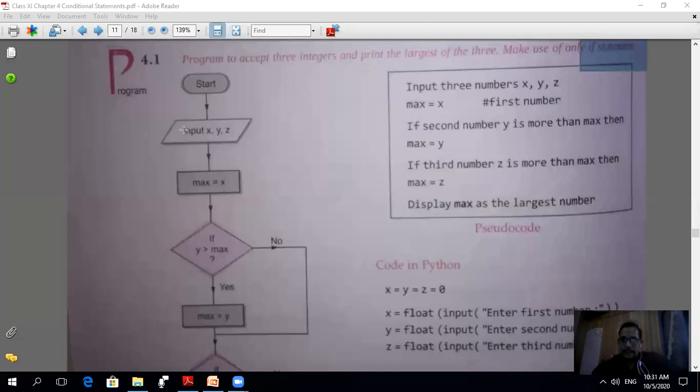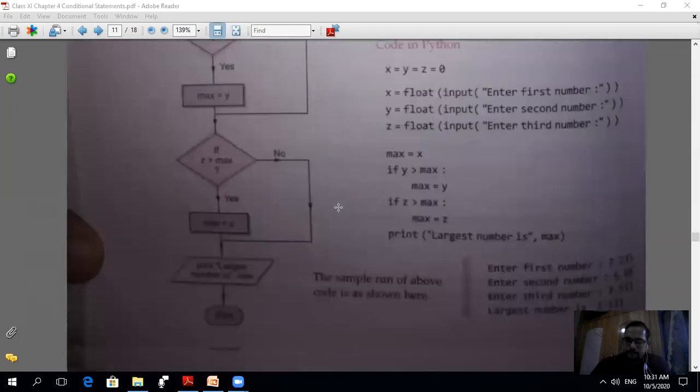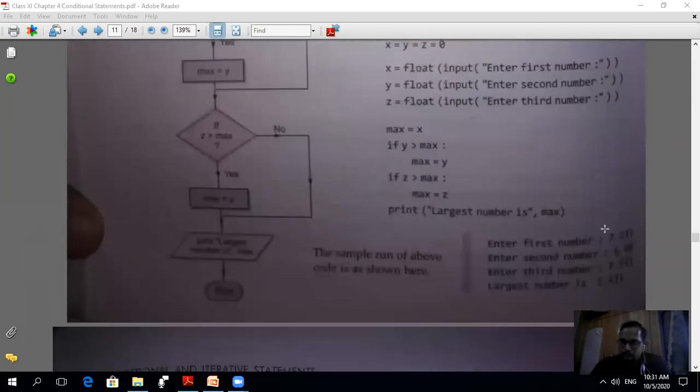Now x, y, z. After that, let the first value be the maximum value. Let us suppose the first value which the user entered is the maximum value. मान लेते हैं सबसे पहले जो वैल्यू वो सबसे बड़ी है. Take an example. First, we have 3 numbers.